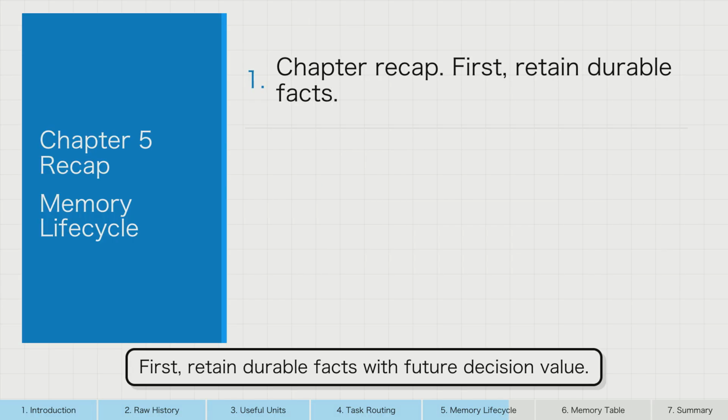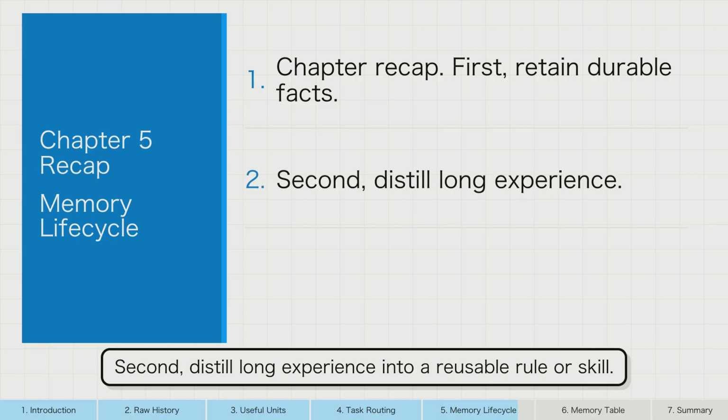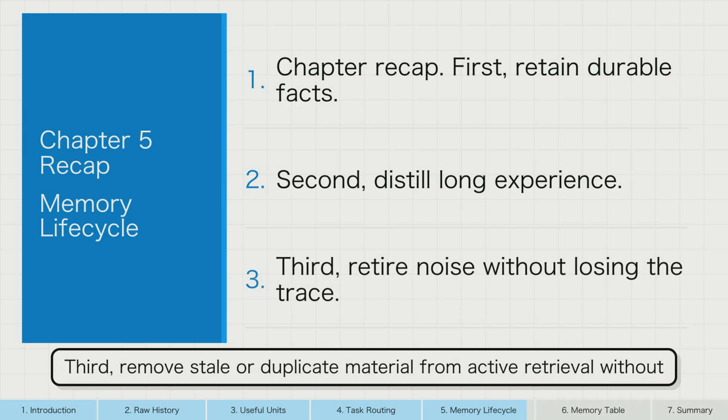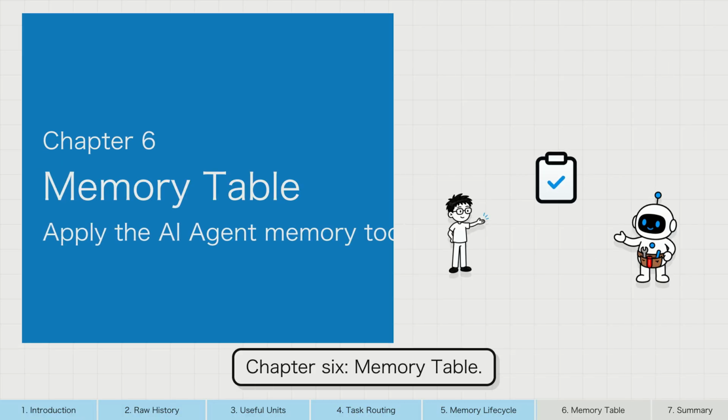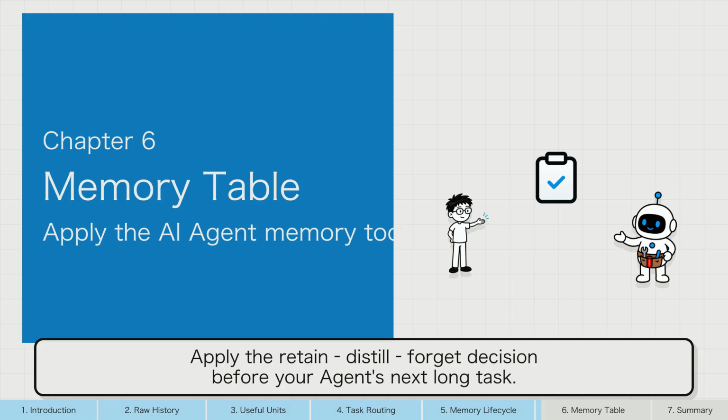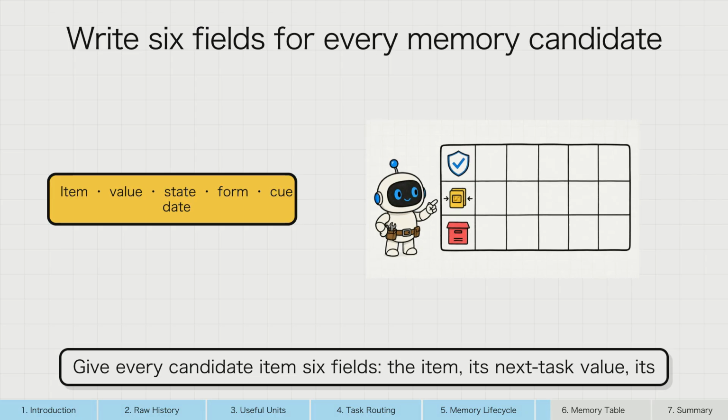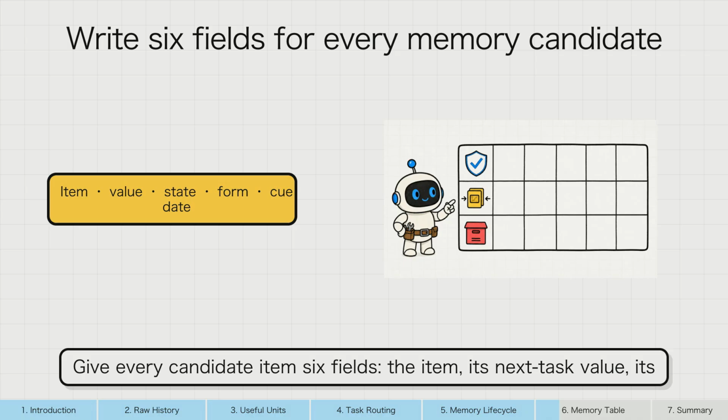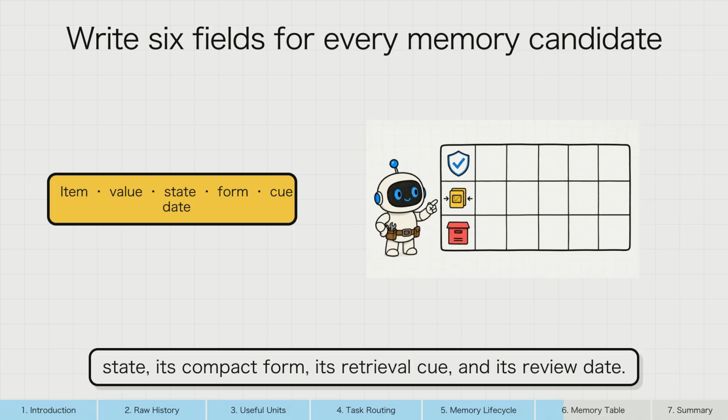Chapter Recap. First, retain durable facts with future decision value. Second, distill long experience into a reusable rule or skill. Third, remove stale or duplicate material from active retrieval without losing the audit trail. Chapter 6, Memory Table. Apply the retain, distill, forget decision before your agent's next long task. Give every candidate item 6 fields: the item, its next task value, its state, its compact form, its retrieval cue,